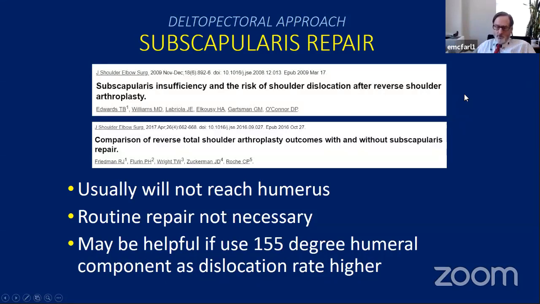Sometimes it just won't reach because it's deficient or it's gone. So the good news about reverses is you can actually live without the subscapularis. The current system I use with Stryker, because it's somewhat lateralized or has an onlay humeral component, onlay metaphyseal tray, most of the time the subscapularis won't even reach. And I've not found that patients complain about that very much. And the good news is that with these newer designs, instability is a little less common. So whether you put the subscap back or not is really almost a personal preference.